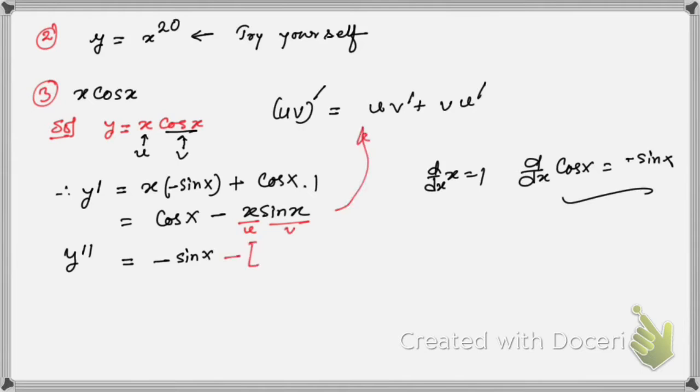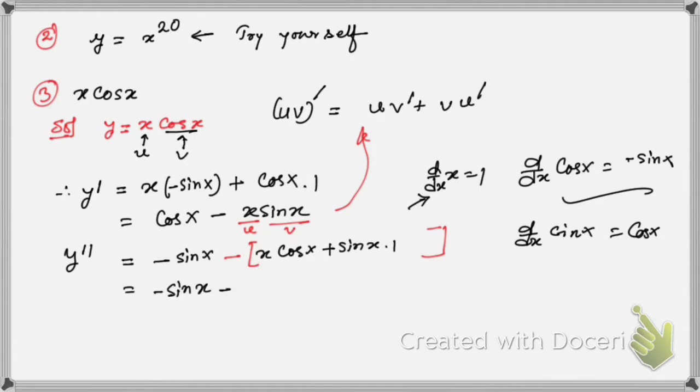First function x times the derivative of the second function sin x, which is cos x, so x cos x, then plus the second function sin x times the derivative of the first function x, which is 1. So we get minus sin x, remove the bracket, then minus x cos x